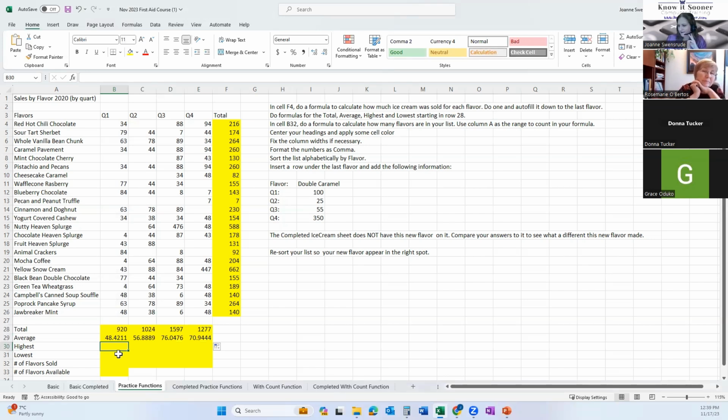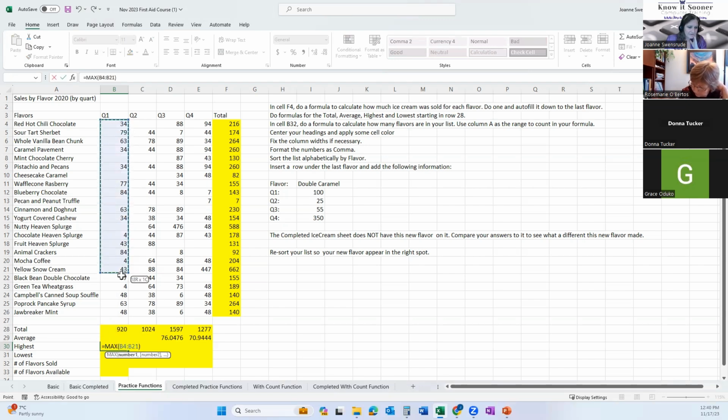Highest. What do you think? Can you do this one on your own? Click where we want our highest to go. So we're going to pull out, what is it if we did it manually? Is it 84? Is that what it is? If we did it manually, that's way too much work. So I want that 84 pulled out. So click where we want our answer to go. We're going to go to auto sum. I don't see highest in there, but I do see max. Max, it guesses, it's wrong.